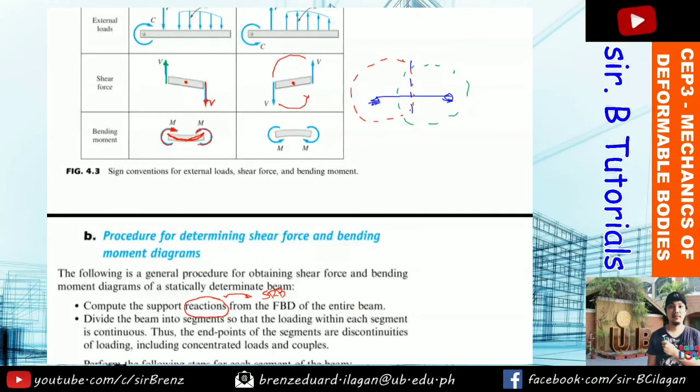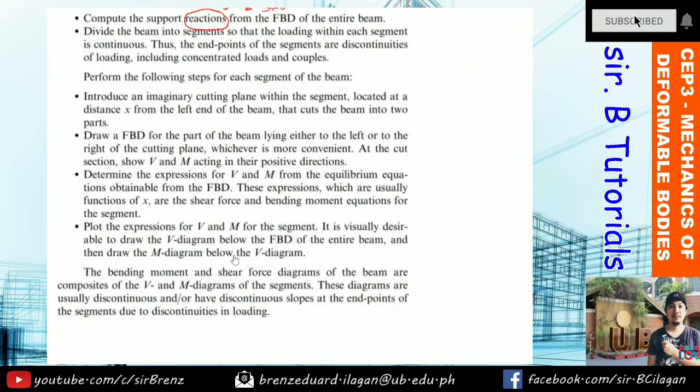So using design convention, kakailanganin mo rin to. Okay? So draw a free body diagram for the part of the beam lying either to the left or to the right. So, next, determine the expression for V and M